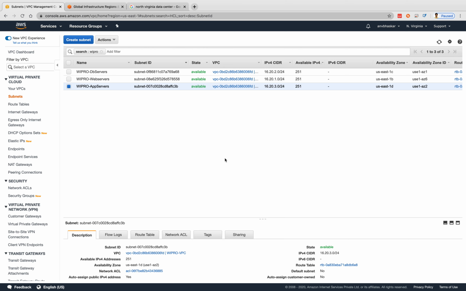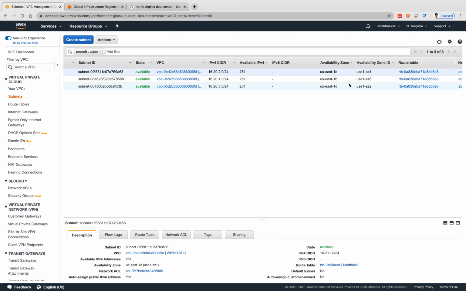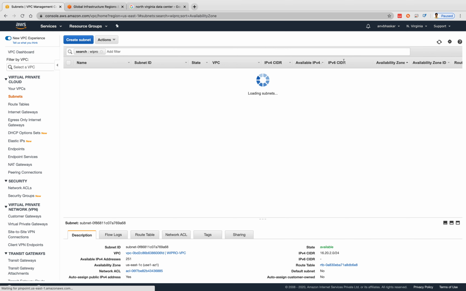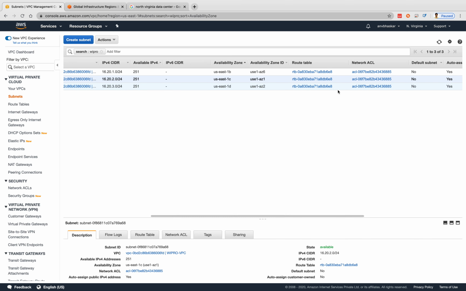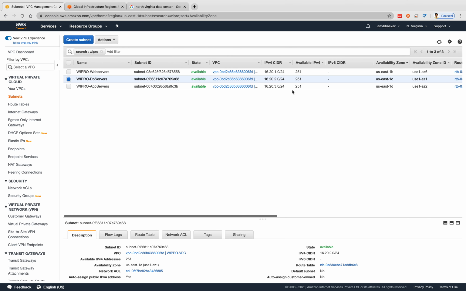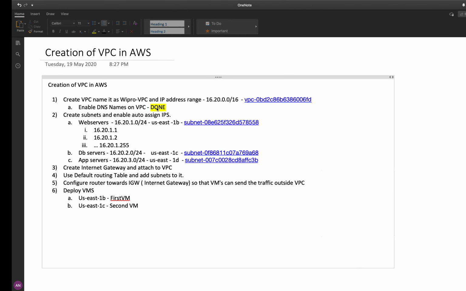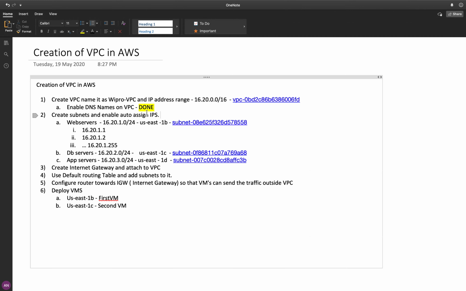for internal purposes to create the network, a few things it will be used for. If you see here, this is my IPv4 range. Here the available IPs are 251, 251, 254. Under which availability zone did you give it? 1C, 1B and 1D. Based on availability zone I am giving B, C, D in alphabetical order. This is our routing table. I will explain that, we will go through that part. Now you created your subnets.